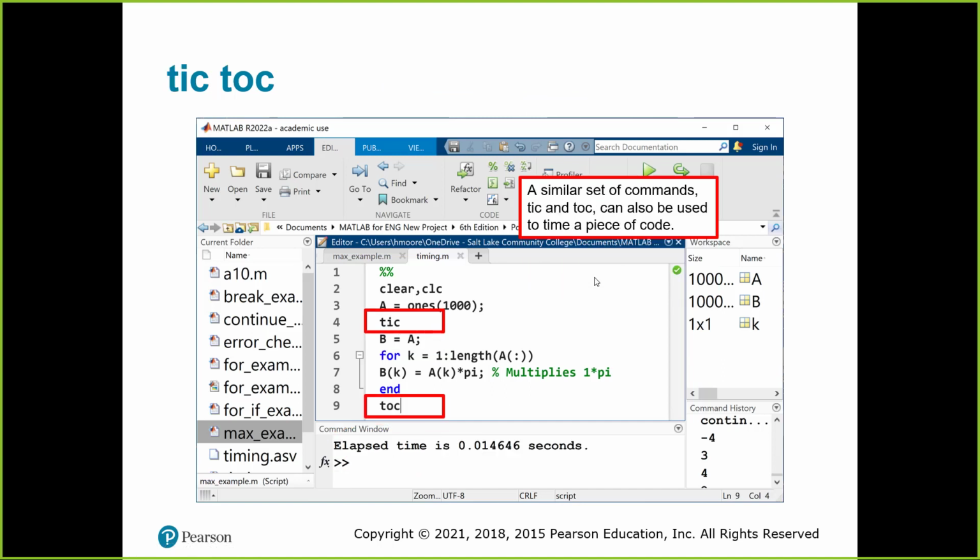Okay, and then here's the easier way to do it rather than a clock and the etime. Just do tic-toc. Tic starts the timer, and toc ends the timer. To me, we're talking 6 characters total to get that, rather than assigning clock to a variable and then etime clock and then